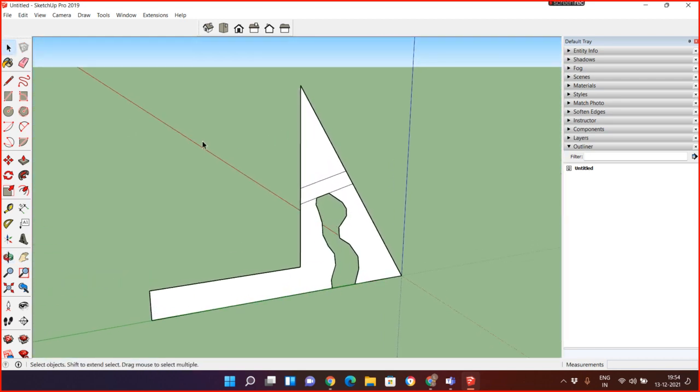But yes, this is just a single surface, and just remember, you will never ever use a single surface object. Just give it a thickness, at least 1 mm or 0.1 mm, so it's good for rendering and all. But if this is a single surface, it's problematic for us.